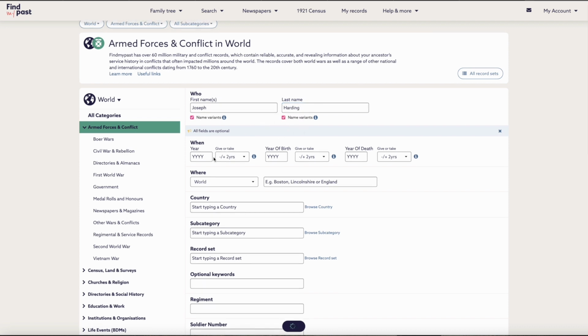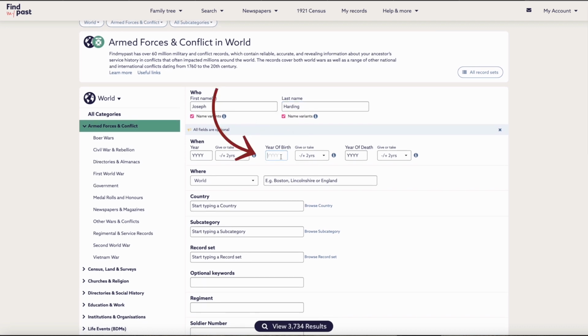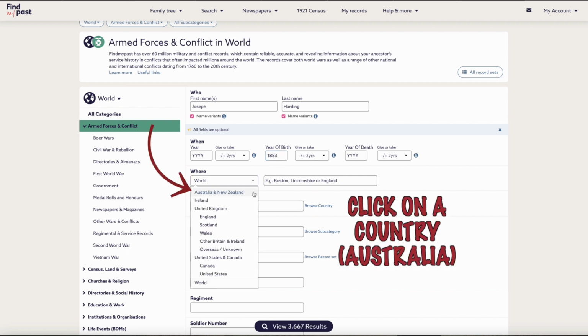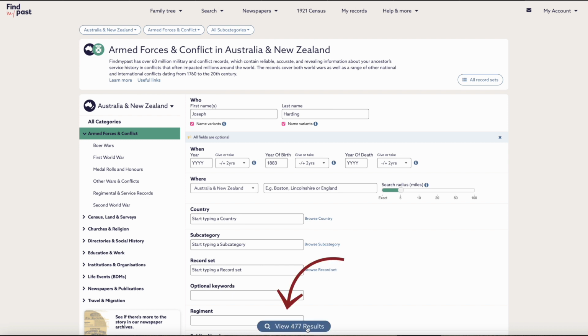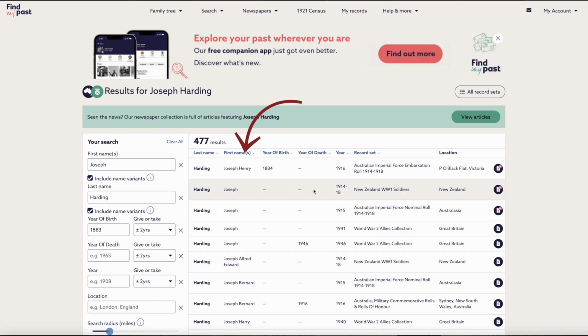I'll put variants and his birth year. We'll try that, and 477 results. We'll see what happens, and it's the very top one because I know by the address there,